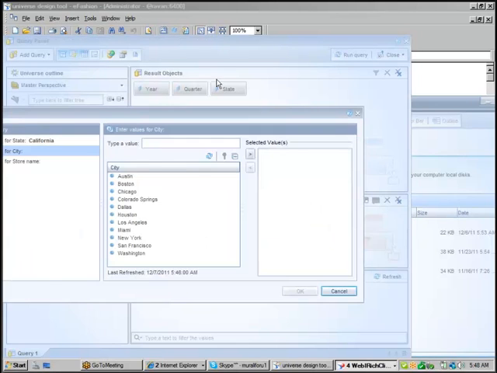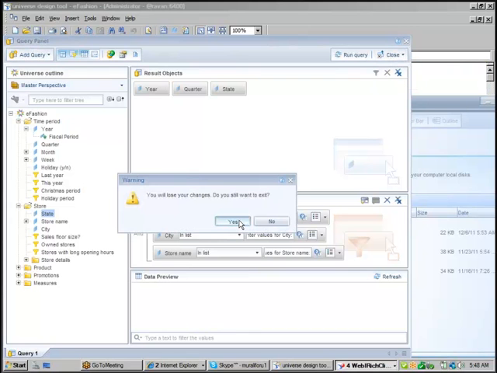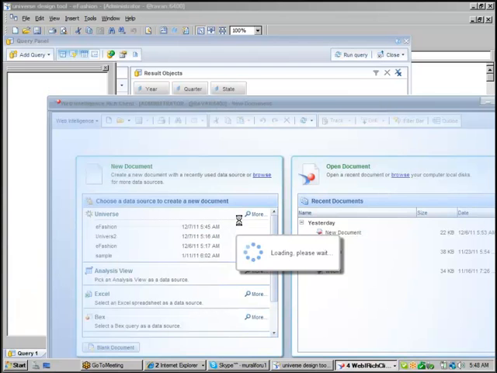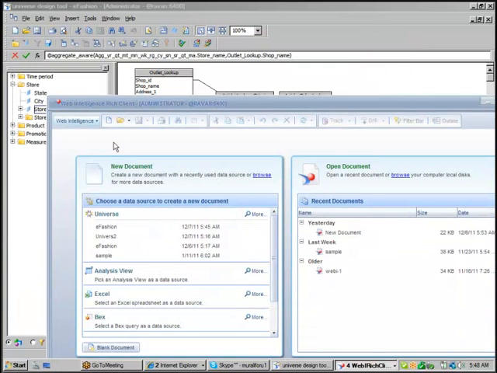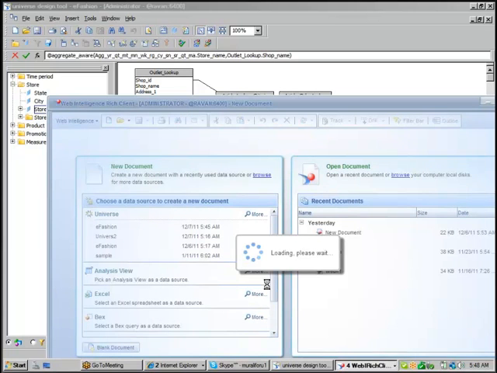Now I am trying to create a new report. Let me check. New, same universe. Click on OK. Now I am trying to create a report on top of the same universe. Yes, click on select.